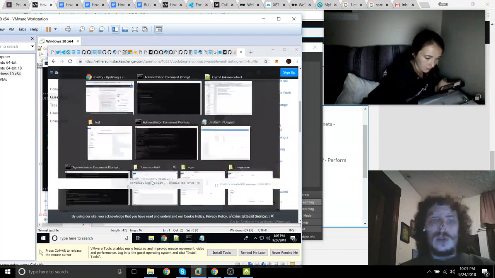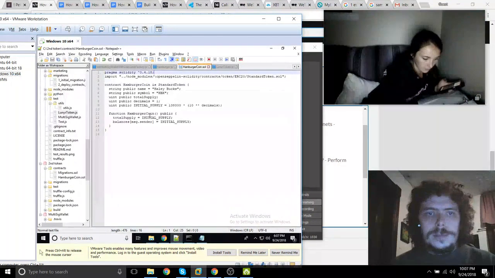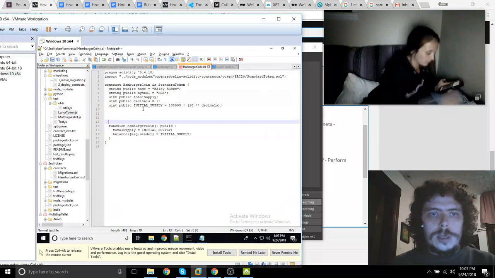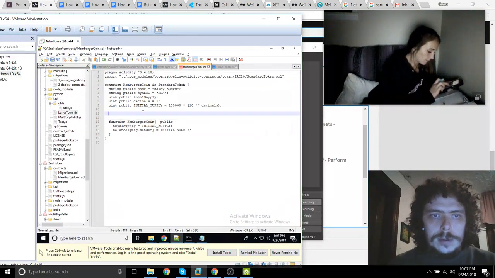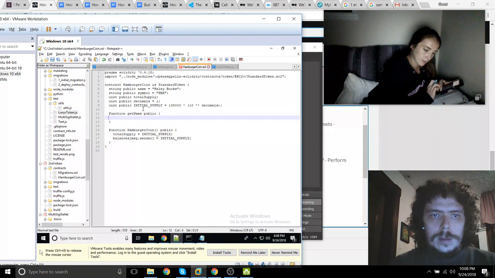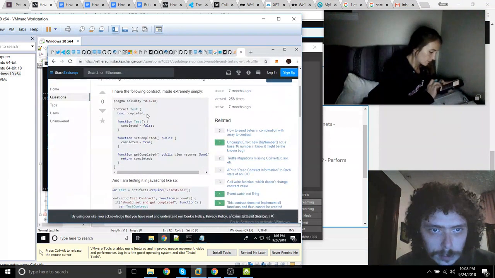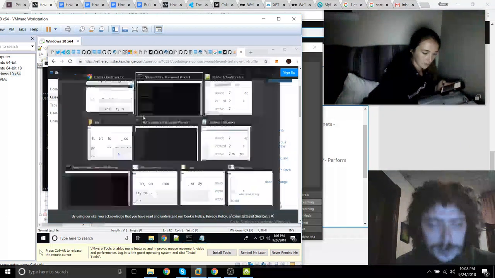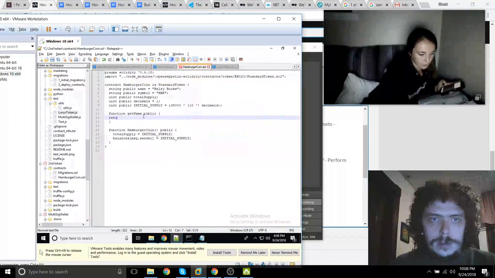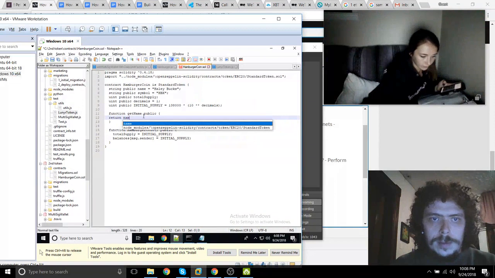So we need a getter and setter function inside of our contract, so annoying. Function get name public. And then how do you work that? Return name.